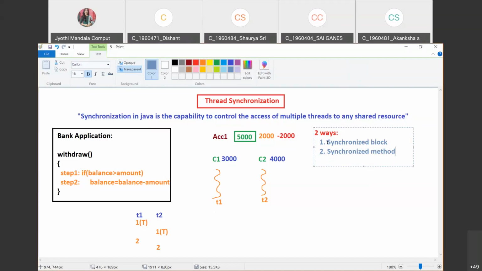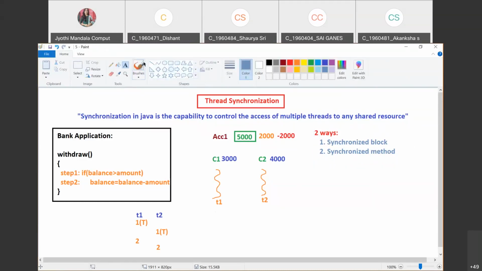Understood? So let us see the first way, where if you are using a synchronized block, how the synchronization can be ensured. Keep your heading, all of you: a block will be converted into a synchronized block.